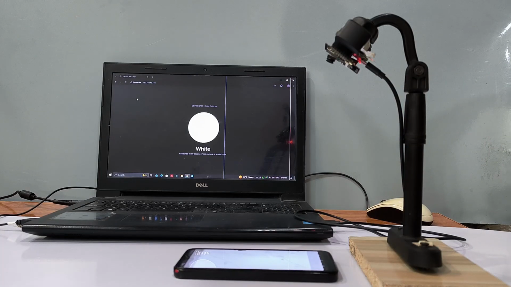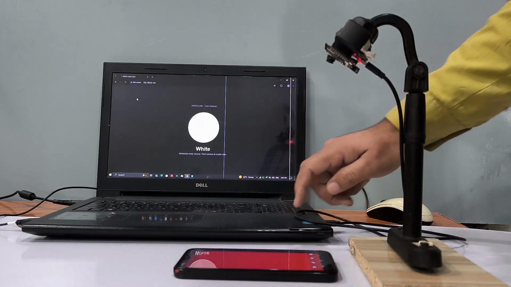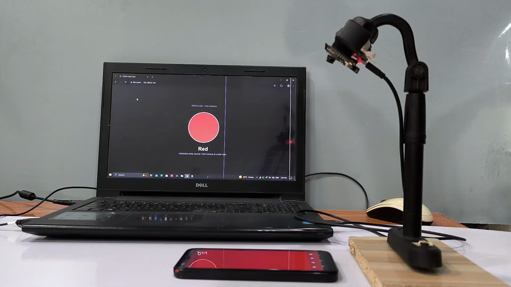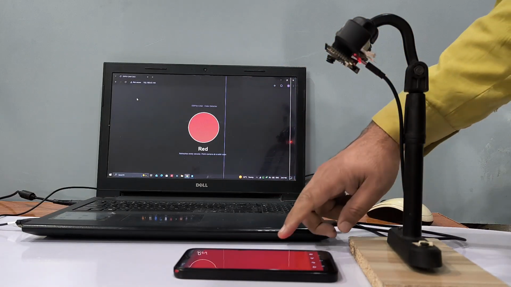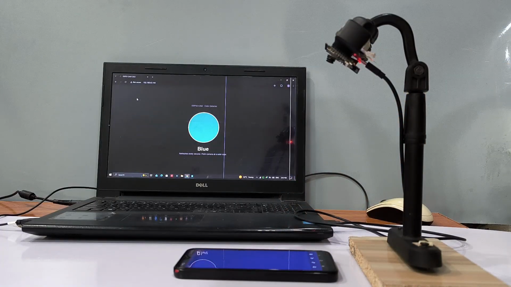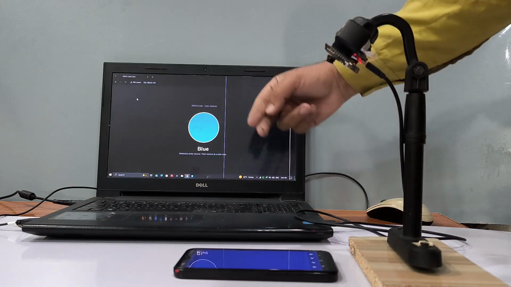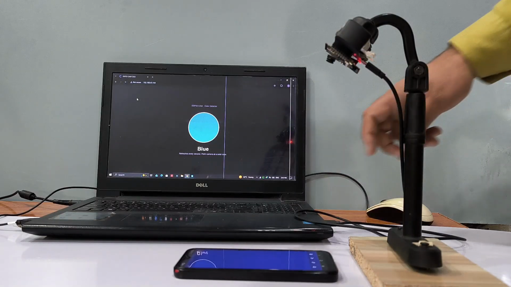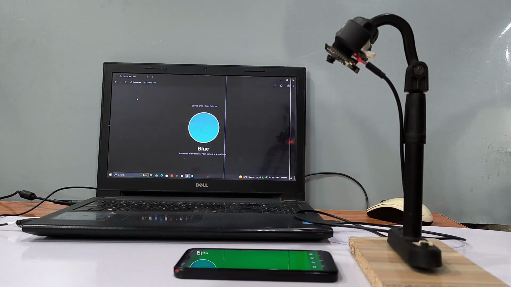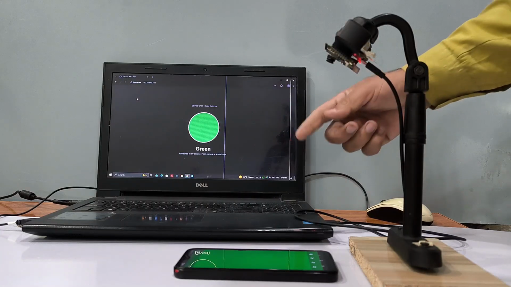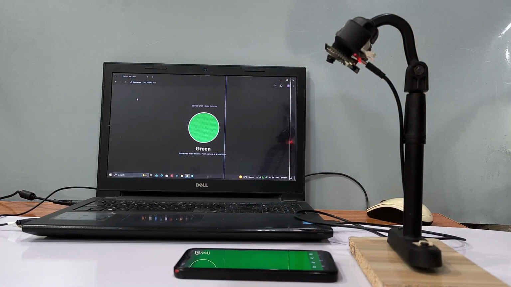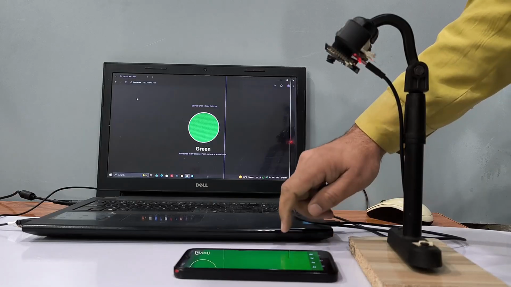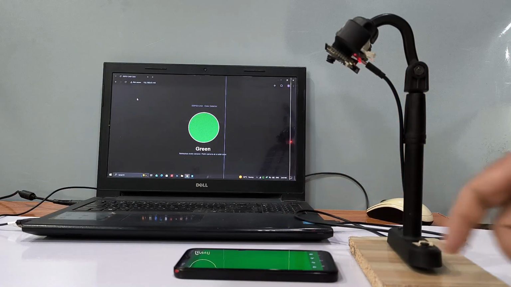What if your microcontroller could see colors just like your eyes do? In today's video, I am going to show you how to build a real-time color detection system using the ESP32 CAM. No external sensors, no color shields, no machine learning, just pure math and a $5 camera module. Hold up any colored object and within half a second the ESP32 CAM tells you exactly what color it is on a live web page you can open from any phone or laptop on your network.